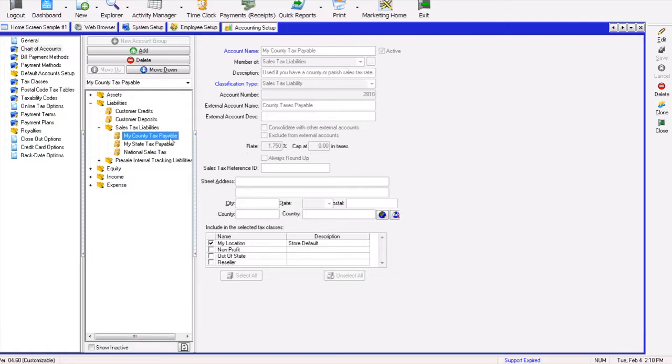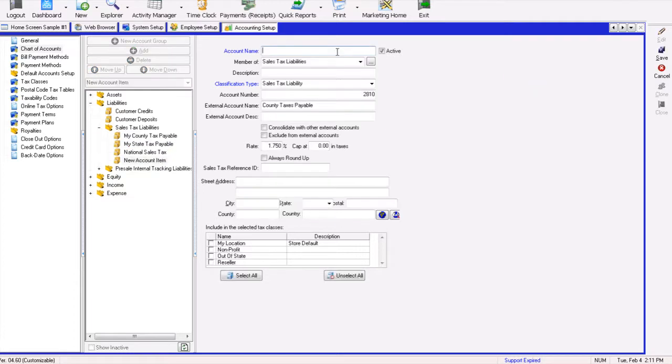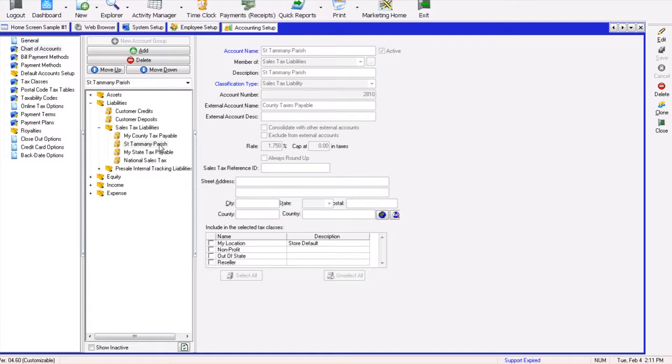State tax is 7% and a county tax of 1.75. Now if I do installations in different counties and need to track different counties different from state, then this is my county. I may create another one for a different county. Again, you can just call them, and in Louisiana they call them parishes. And so in this case, for this particular parish, it wants to know the tax rate, and if there's a cap, always round up. And then this would be your information for the reporting of who you pay these taxes to. So now that I have a St. Tammany parish and your county, and you can set up the ones you want,